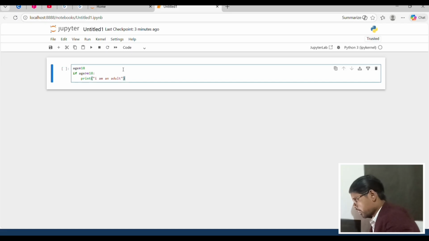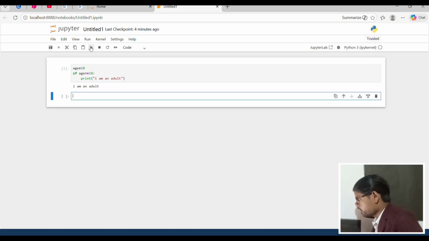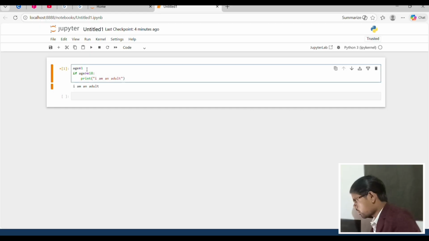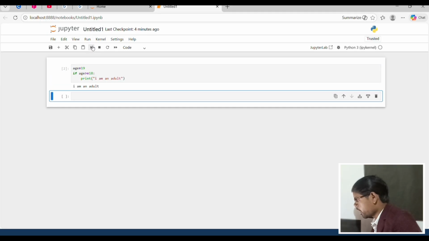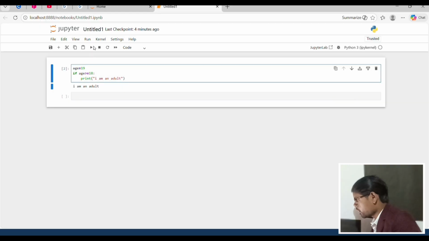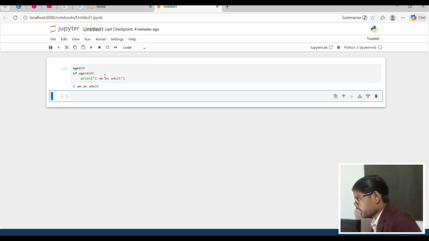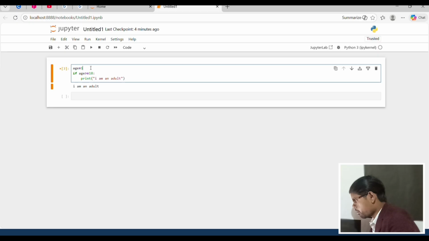Okay, and run. Yes, I am 18 and it prints adult. Our age is 90, run again: adult. I am 25 years old, run: yes, I am an adult.